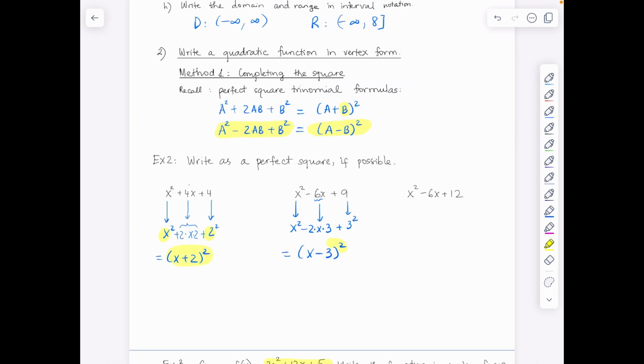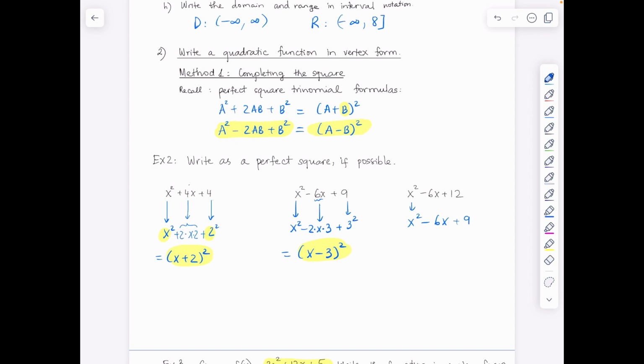Typically, these are both in the vertex form, but it's not always that we end up with a perfect square form like that. Let's look at this example. x squared minus 6x plus 12. If we were to do the same thing, the first term is x squared. We're good there. But the last term, 12, is not a perfect square, so you can't immediately write it in the a squared plus 2ab plus b squared form. So the question is, how do we write it in this form, and then maybe with an extra constant at the end? So first, we would need to write the function in this form, x squared minus 6x